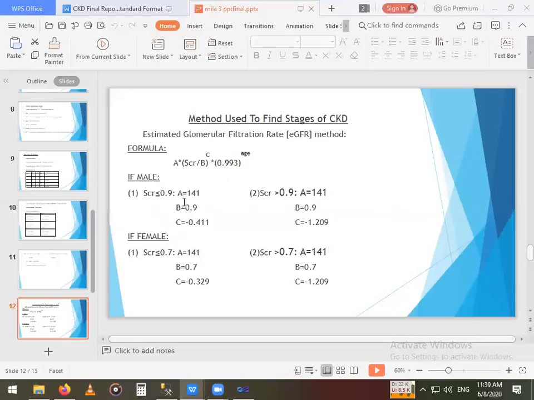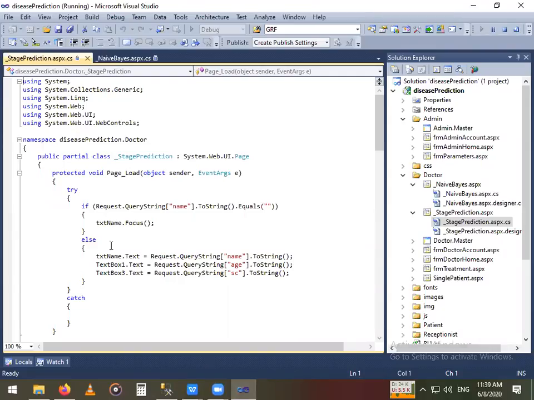These are the constants which we cannot change, sir. If it is greater than 0.9, these are the constants A, B, C. And if the patient is a female, then if the serum creatinine value is less than or equal to 0.7, then these are the constants A, B, C. And if it is greater than 0.7, then these are the constants. And after applying this formula,